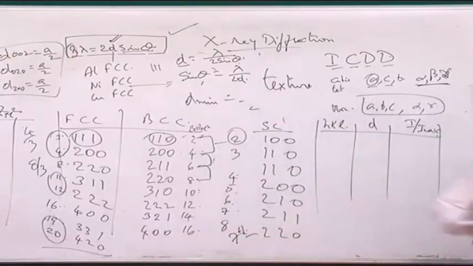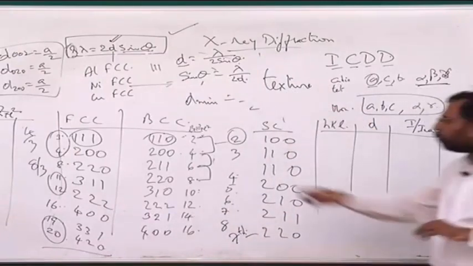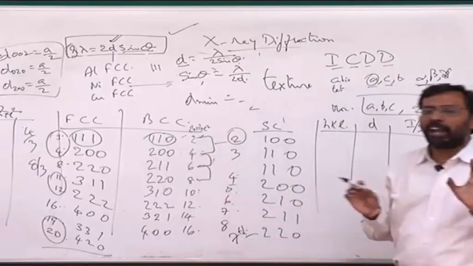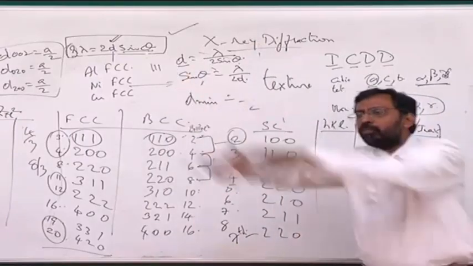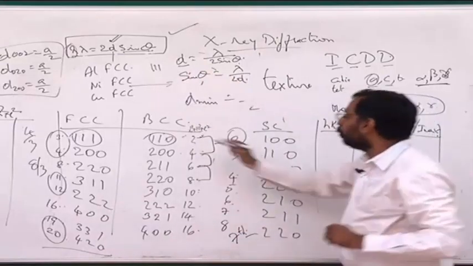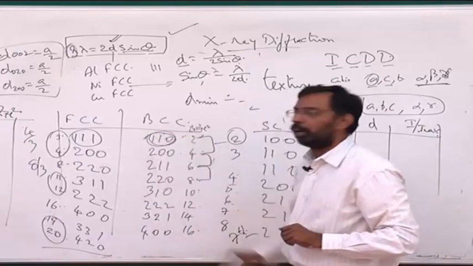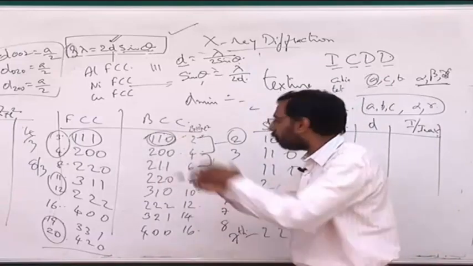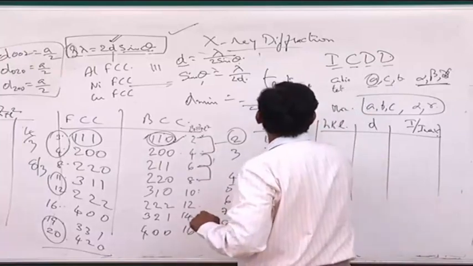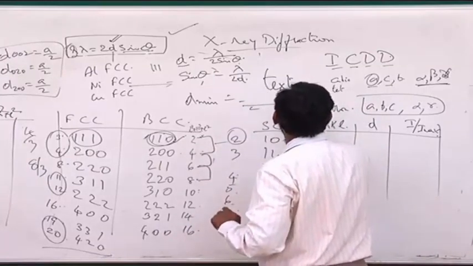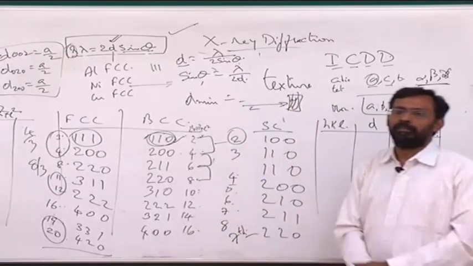That means all grains are oriented in a particular direction such that this particular plane does not give any diffraction, because it is almost like a single crystal with all grains oriented in a particular direction. So you may see that depending on how the orientation is, if the 110 orientation is not in a proper direction, so that when a sample is there and X-ray is falling, and if all the grains are oriented only in a particular direction, you may see that 110 may not come at all.